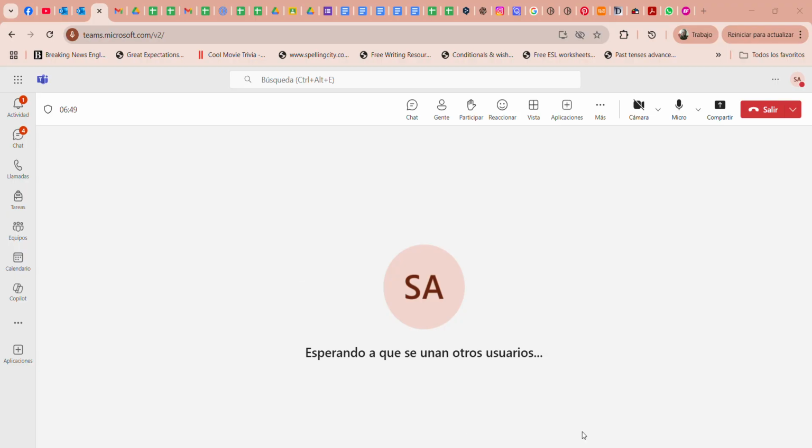Now, where can I place the frequency adverbs? They are usually placed before the main verb, but when the verb is to be, it should go after. Let's see this. This is the subject, this is the verb, this is the complement.